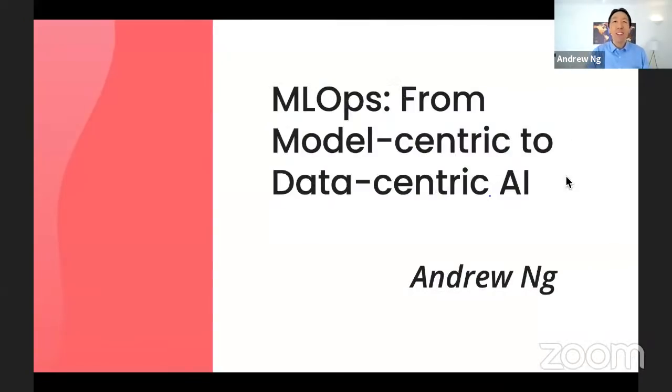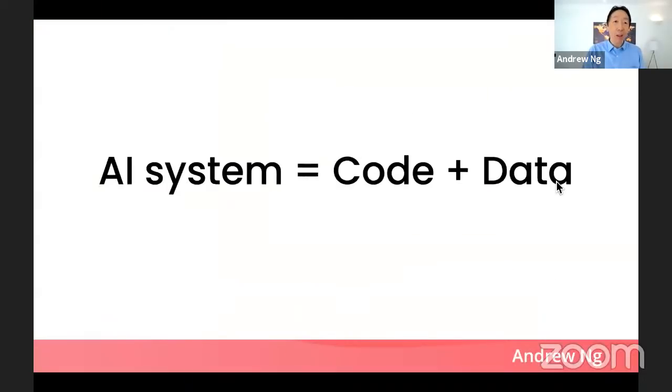Here's what I mean. AI systems are made up of data and code. Let me share my slides. All right. So AI systems are made up of data and code. And by code, I mean the model, including the neural network architecture you might choose, that is then trained